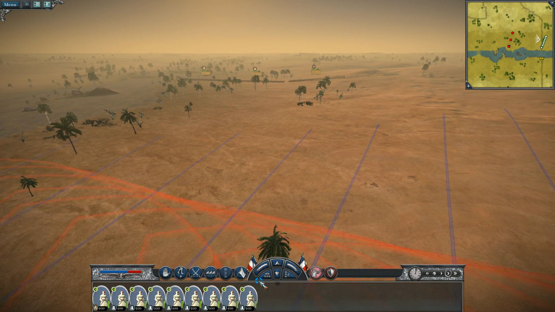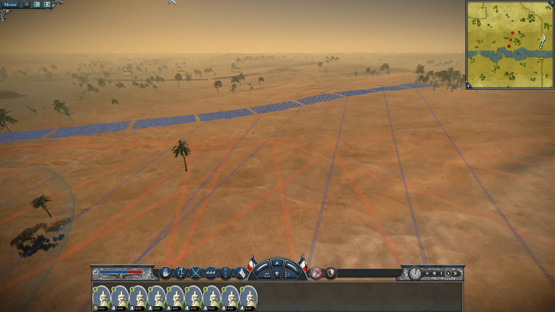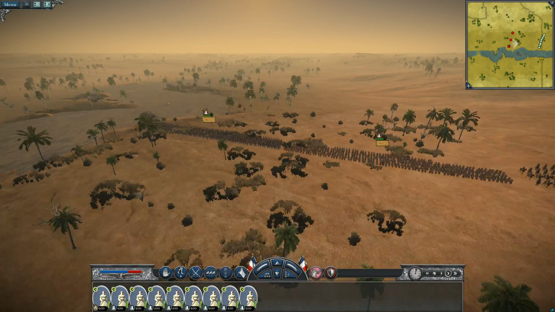I'm going to be in a little bit deeper columns, just in case that cavalry charges me. I do not want them to be able to just run right through my ranks. That would be very terrible. And their cavalry is on their left. Now, typically in this situation,